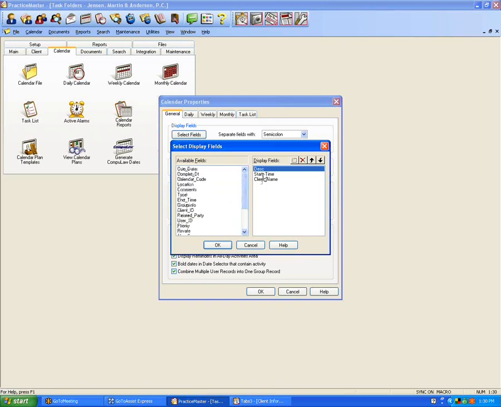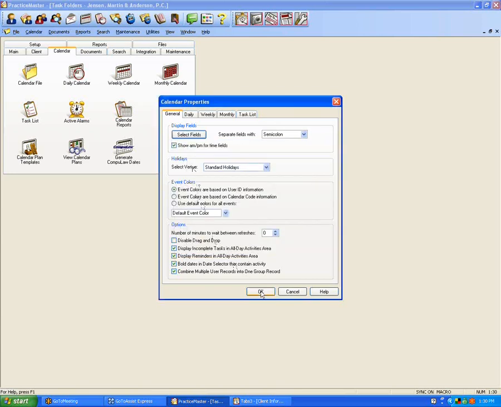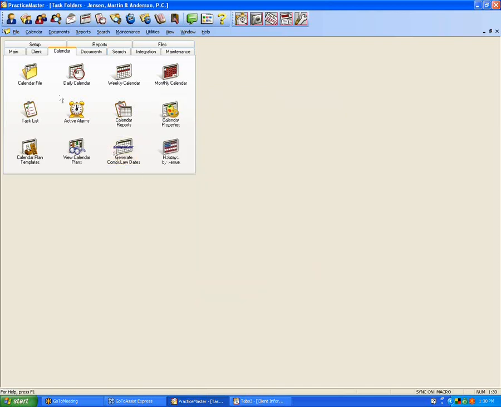And I can order these. You could even put in that matter virtual field that you added for the other. Yes, I could. I could put down here, and I've added a matter field, so that could go in there. So I get the start time, a description of what my appointment is, the client name, and the matter that it's involved in. And now if I come over here and save that,